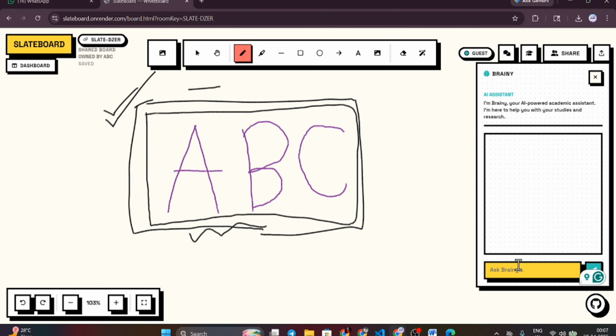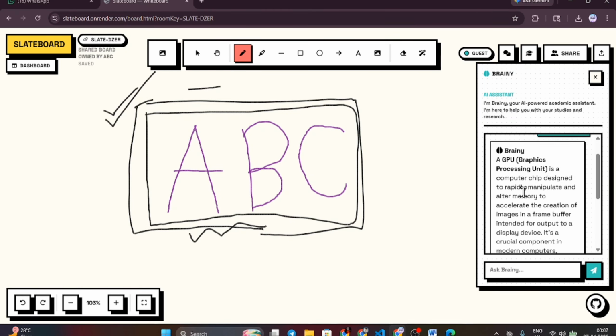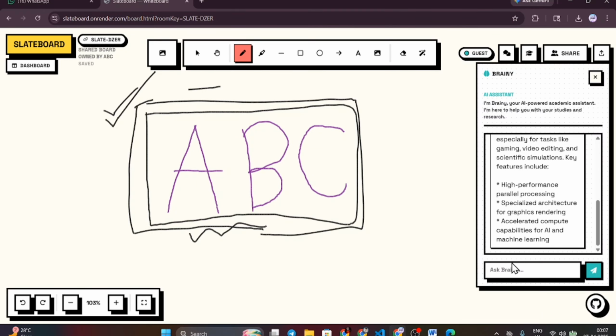This feature allows users to ask academic questions while working on the board. The AI responds with concise educational answers, helping the users to clarify concepts without leaving the platform. It is important to note that the AI is strictly academic in nature and designed to support learning rather than distract